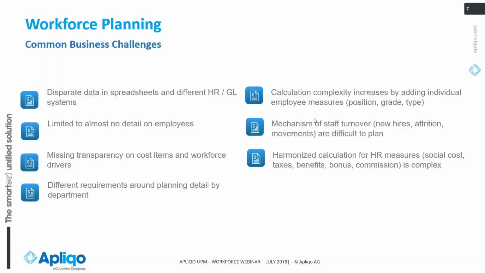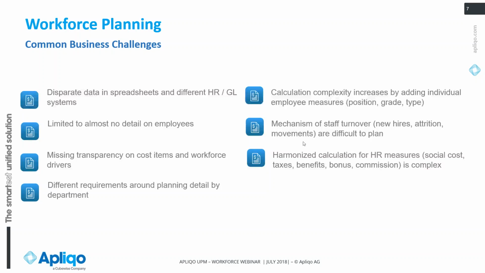You need to have a harmonized calculation for HR measures, for all the social costs, taxes, benefits, bonuses, commissions. It's quite complex, but you need to find a way to really harmonize it. Quite often the CFO sits there comparing total salary costs in the States, in Europe, in Asia or wherever, but the salary costs are calculated in a different way, and then he compares apples with bananas. A solution really needs to have the ability to harmonize the calculation so that the figure which is analyzed is really